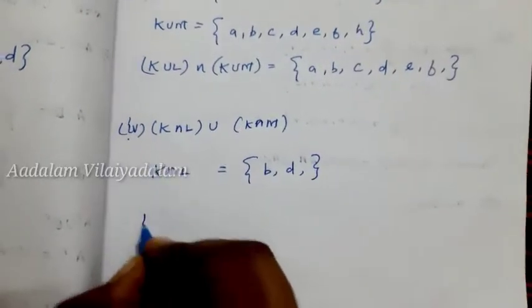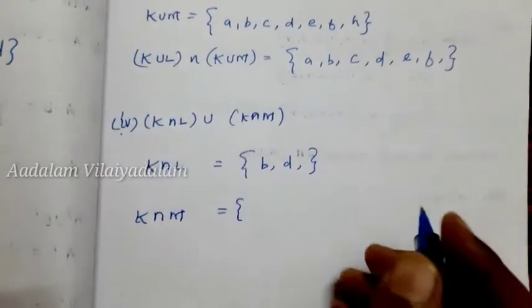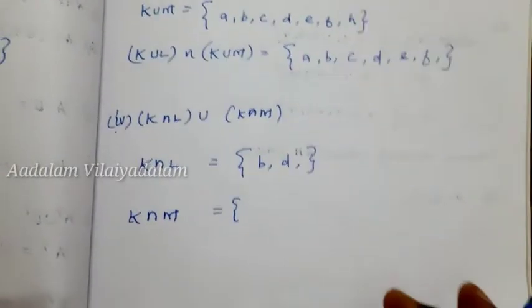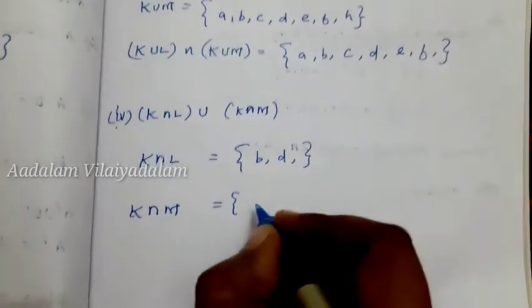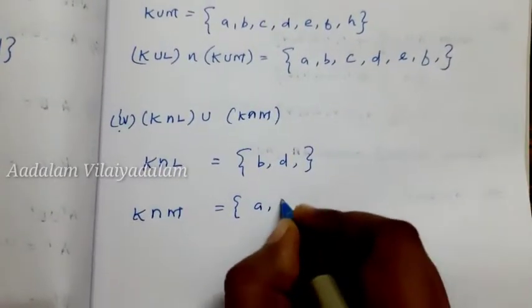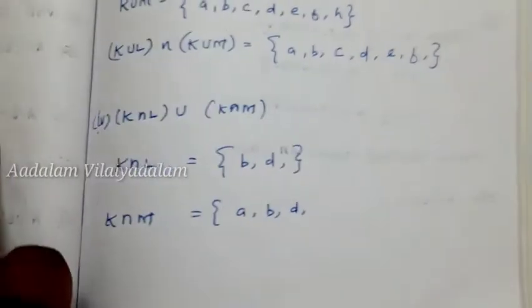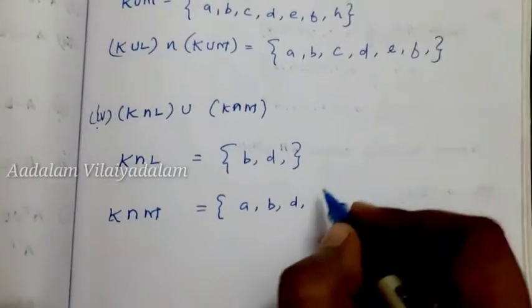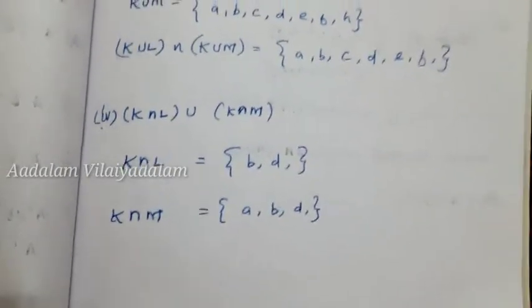Now we need to find K intersection M. Okay, K and M we need to find. So elements: A is common and B is common and D is common, and there are no other elements in common. With this we can finish it, and we need to find